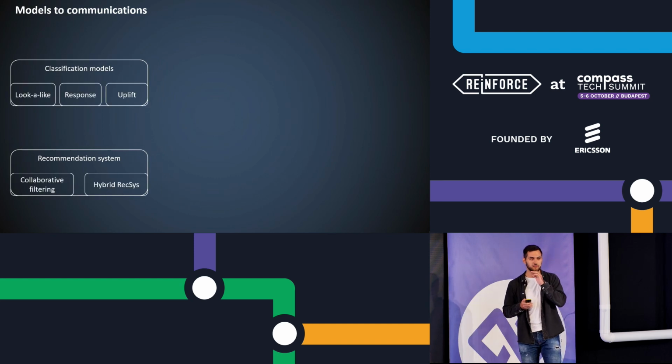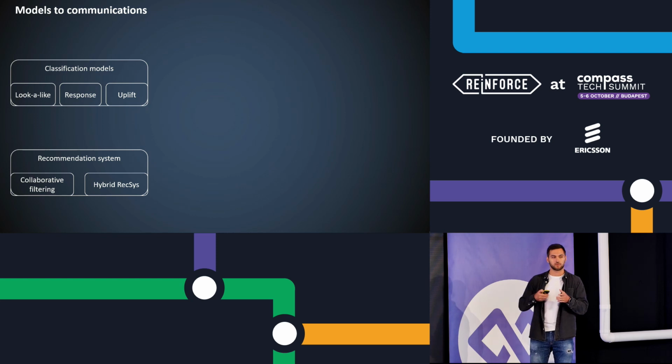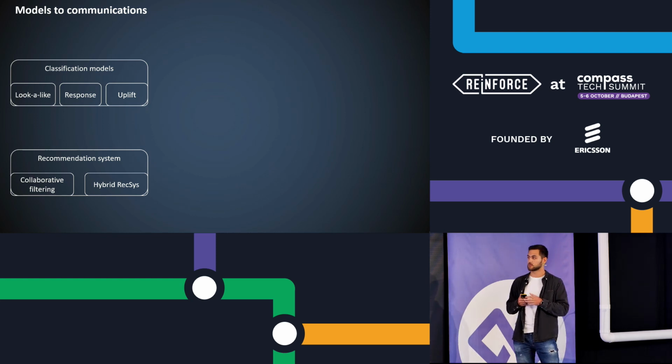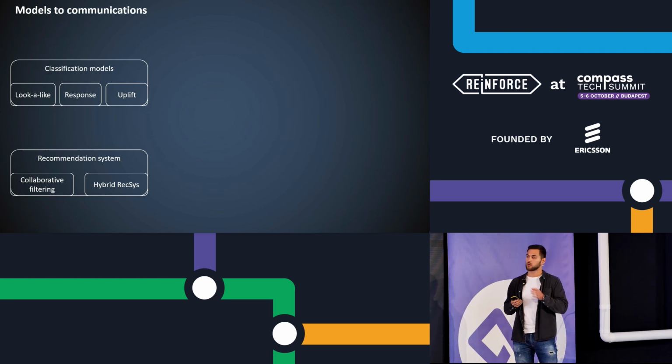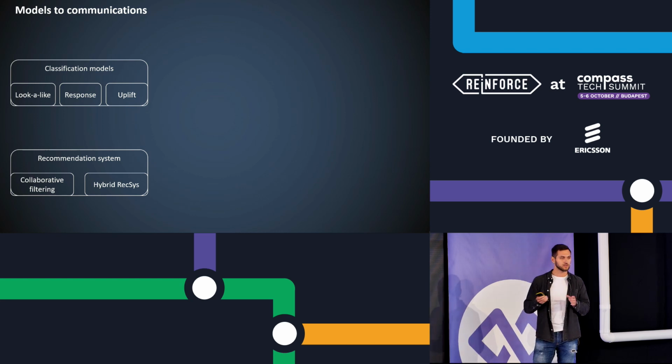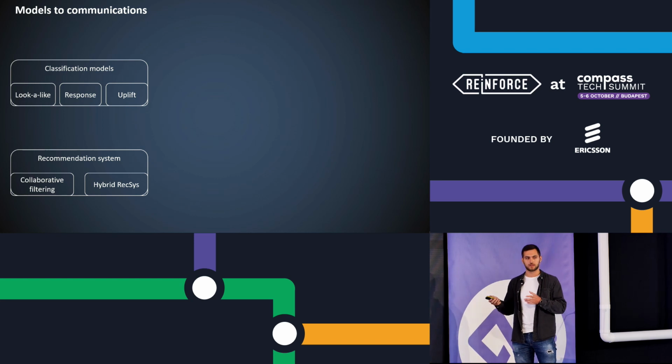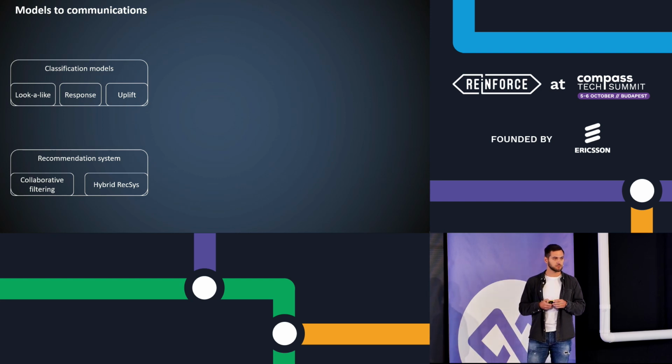Now, suppose we've built some models, lookalike models, response or uplift models. We even built recommendation systems. What next? Suppose we picture this. We built 10 lookalike models on different target actions. We built 20 response models on different marketing campaigns. We built several uplift models about some discounts, about communication channels which customer will prefer, and some recommendation systems for categories, for regions, for something else.